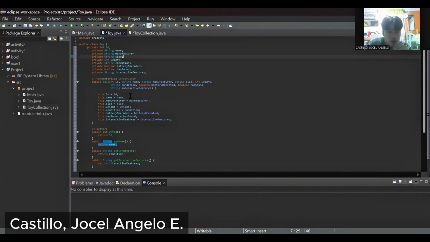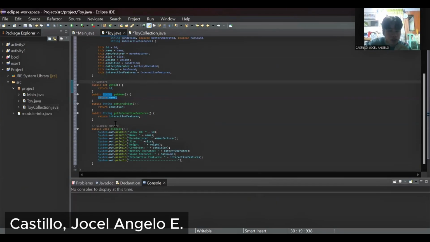The Toy class stores the details of toys such as ID, name, manufacturer, size, weight, condition, battery operated, has sound, and interactive features. This class also has a display method to show the information of the toy.